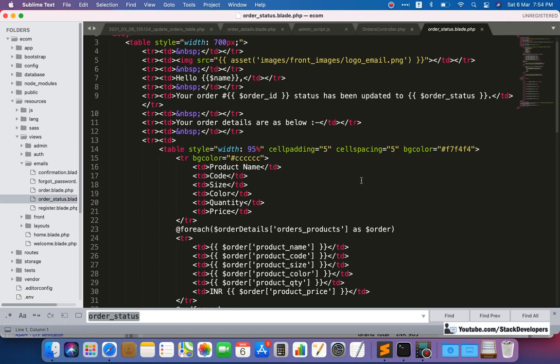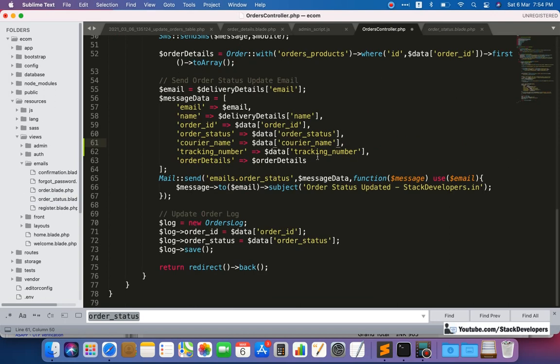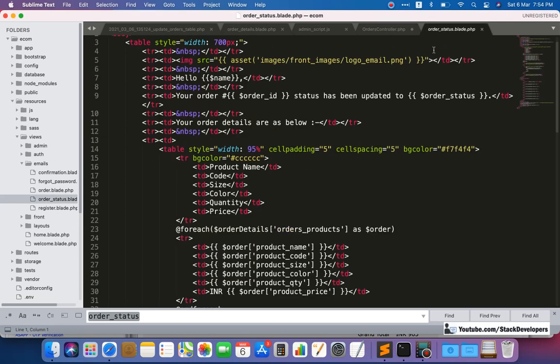If both are coming from here, then only we are going to show them, otherwise we are not going to show. If the client has added both of these and clicks on update, then only we are going to show both. So if it's there, we show it, otherwise we will not show it at all. That thing we are going to add here.